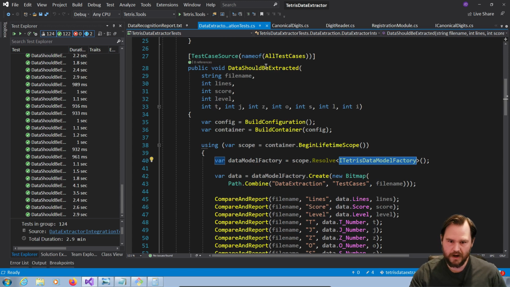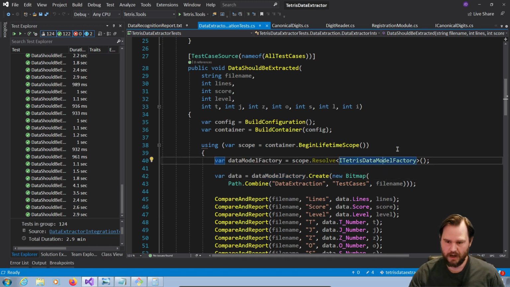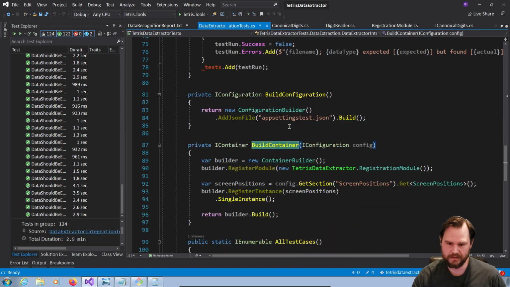The issue is every time we run the test, we get brand new values for all of our parameters. We build a configuration and we build a container, and then we begin a lifetime scope of the container. We resolve the Tetris data model factory and we create the model factory, and then we just look at the properties, the lazy loaded properties. Whenever we begin a lifetime scope, the container, we're actually building the container right here. If I did that outside of my test,